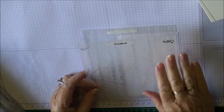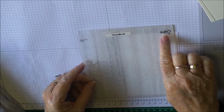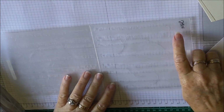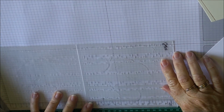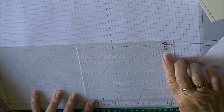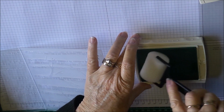Okay, so we're actually going to put all of our colour and everything on this side that says Sizzix. So we're going to open up our folder, and you can see the Sizzix sign through here, and this is the side we're going to put all our colour on. So we're going to start with Pool Party, and I'm going to ink up my brayer